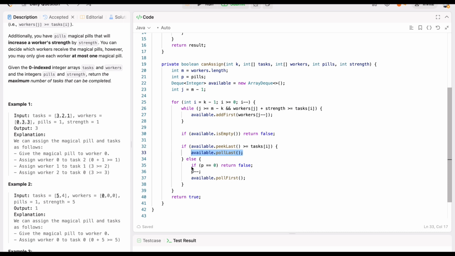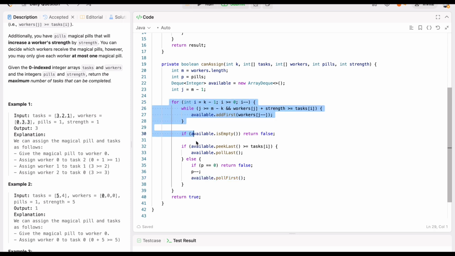If not, meaning it is not available there, but if p is equal to zero, meaning the pills are finished, so we return false. If we have enough pills, then we'll go to the next step at line number 36 and decrease the pills. Then we'll do the pill poll first, remove from available, and keep continuing